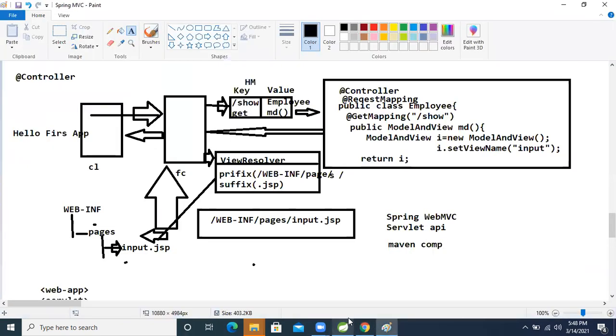Okay, let's move on. Still the energy is there, right? Do you people want to listen to the next level discussion, or shall we stop now? I have energy. Still so many concepts are there in Spring MVC, right? It's not a small module. It will take time. If you people are losing energy, fine. Yes, sir, we are ready.